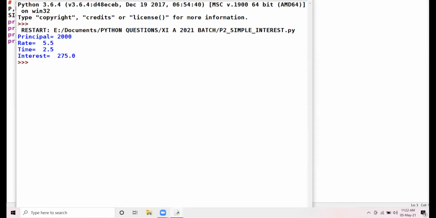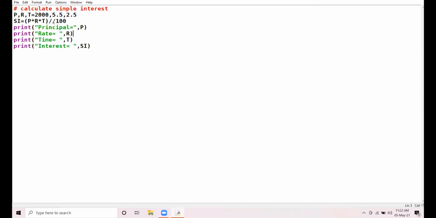So it's up to you whether you want to initialize separately in separate lines, or you want to initialize multiple variables together. Clear? Am I clear with the concept? 11th class, any doubt, any queries to anyone? All right. Now the third concept.